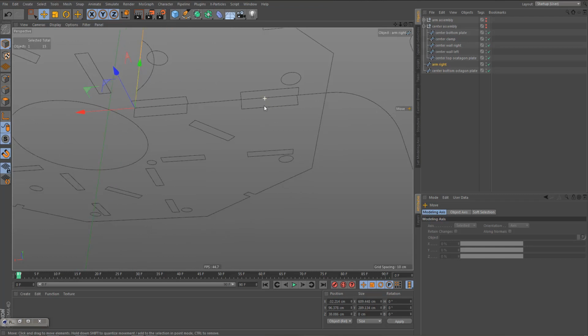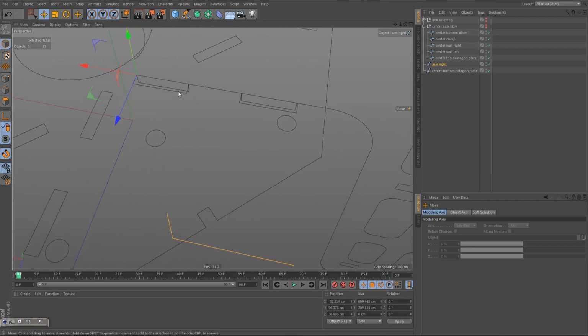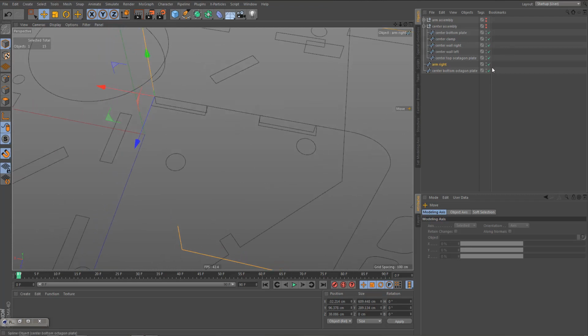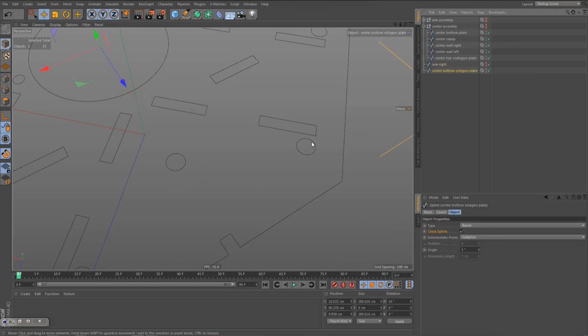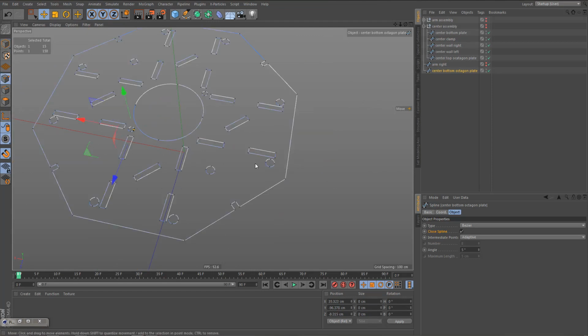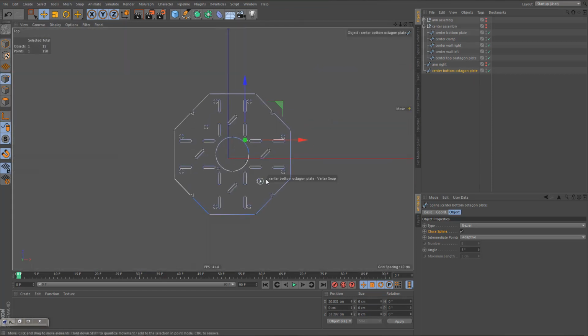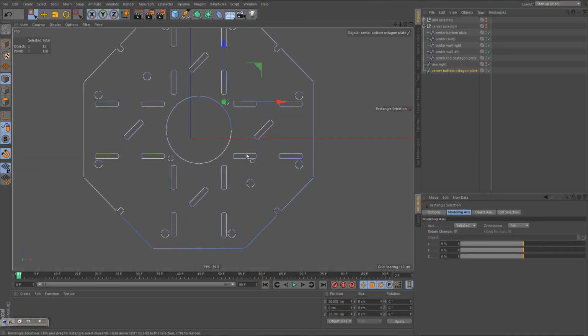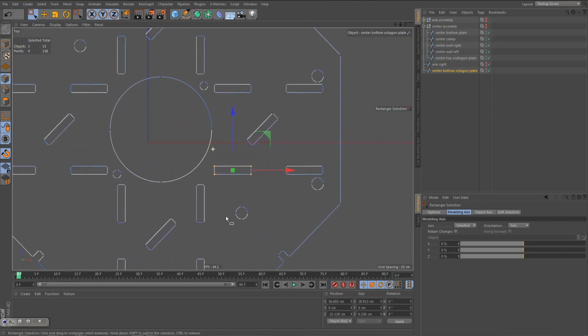Now, before I do anything else, I want to make sure that these openings on the octagon plate are consistent. So what I'll do is I'll switch the arm off for now, and I'll just reset the axis on this one, and then go to point mode. Let's go to the top view, and I'm going to select one of these holes and check the width and the length. And then I'm going to check this one,